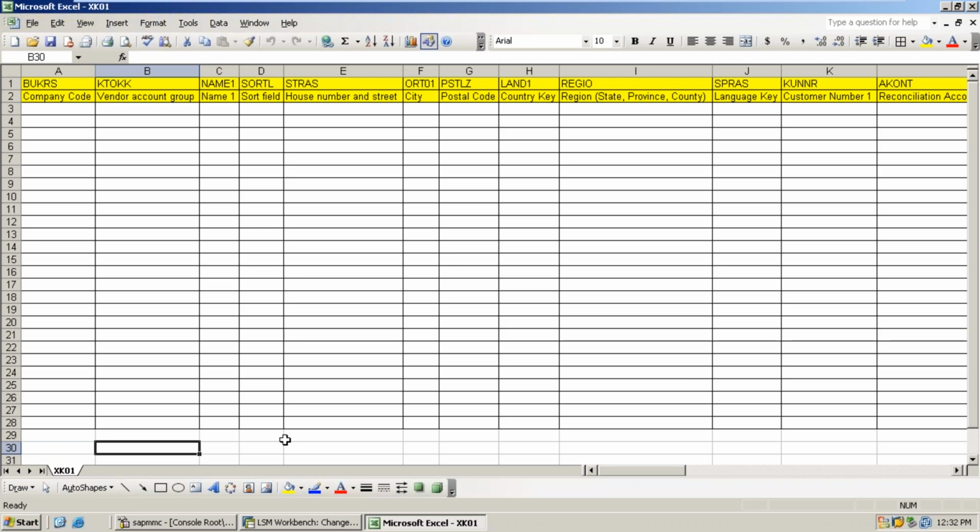Now, for sample purposes, I am going to upload 5 records. Similarly, you can upload thousands of records. Same concept. 5 records will be finished in 1 minute, 1000 records in half an hour. Any limit for this? No, unlimited. You can upload any transaction. But for more than 5000 records, the system will create 2 batch input sessions.